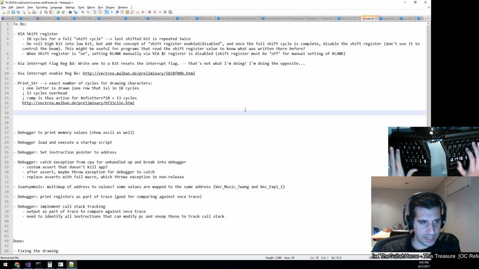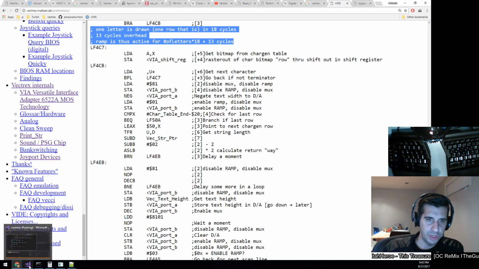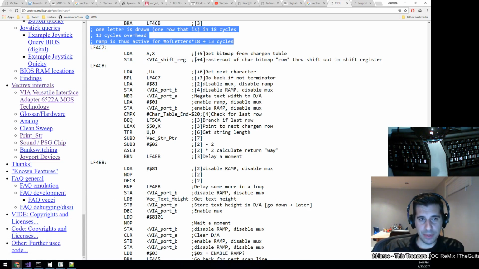So we'll definitely check that out at some point. The one thing I wanted to do actually in my debugger is print the number of elapsed cycles for each instruction. I'm not doing it now, but it would be trivial. And then we can literally just step there and see if we're getting these values, right? And that'll answer a lot of questions about